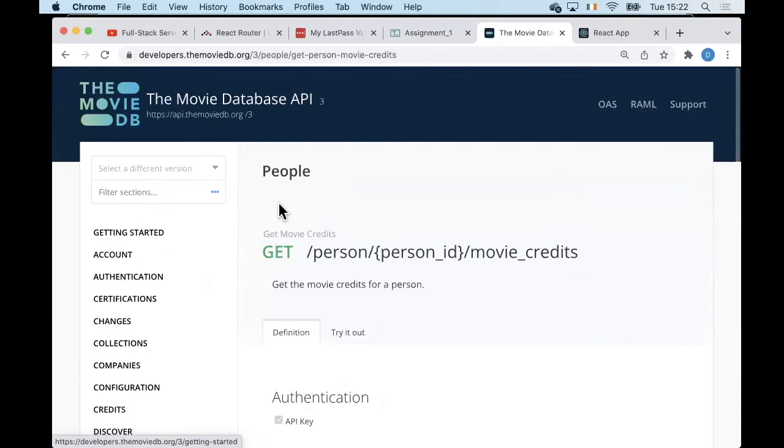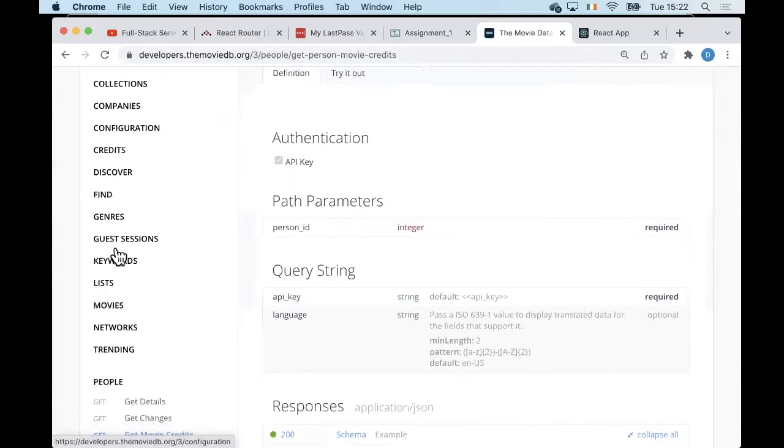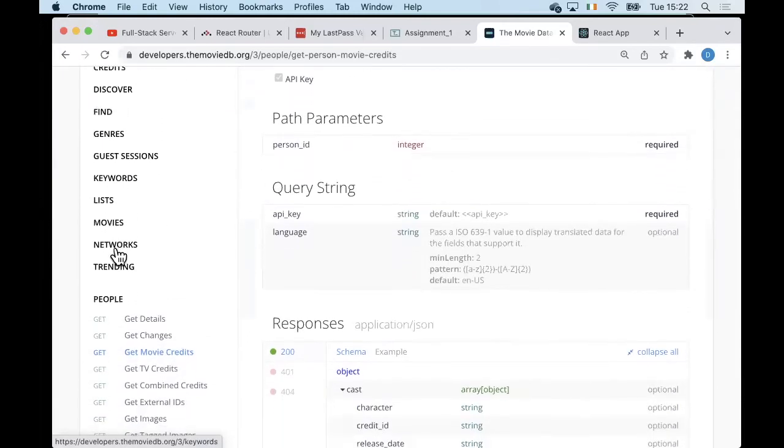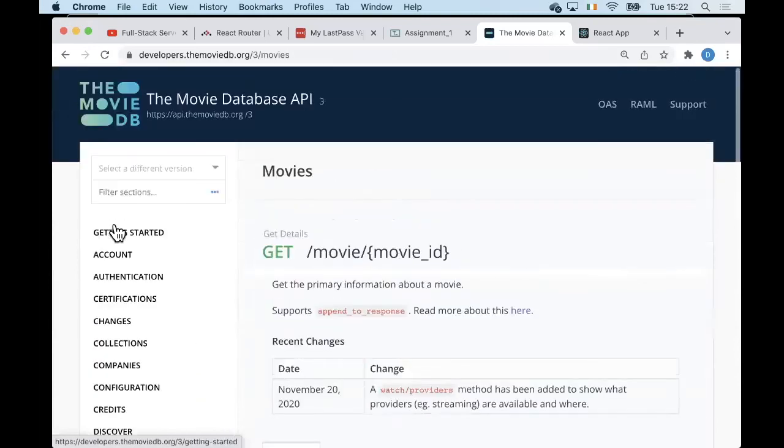If I click on that one, so get /person ID /movie. That's actually not good to me. Let me go back to movies, actually. I sort of went off an incorrect tangent there. If I go back to movies